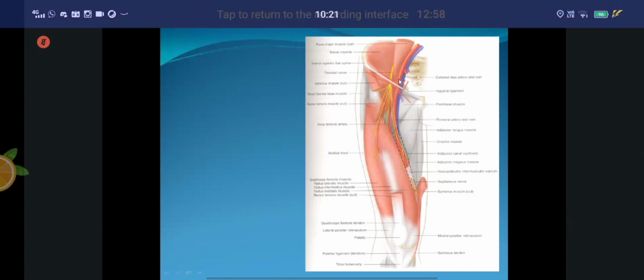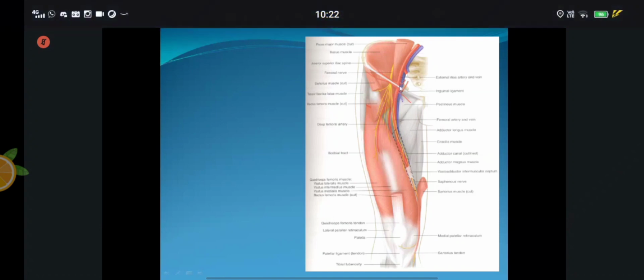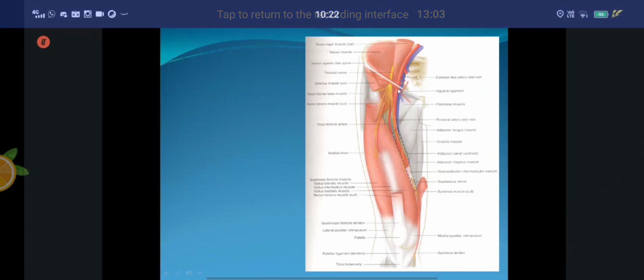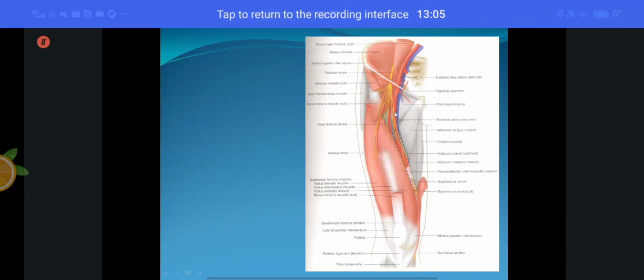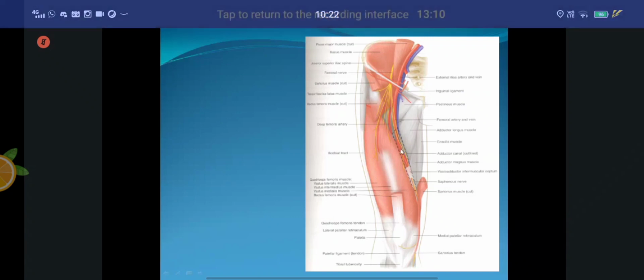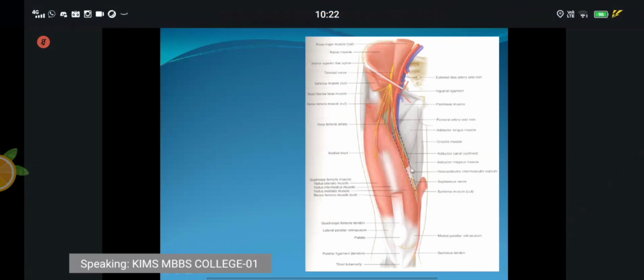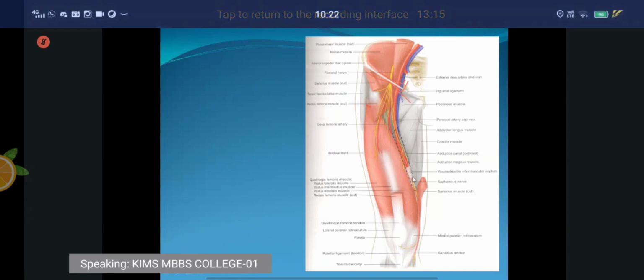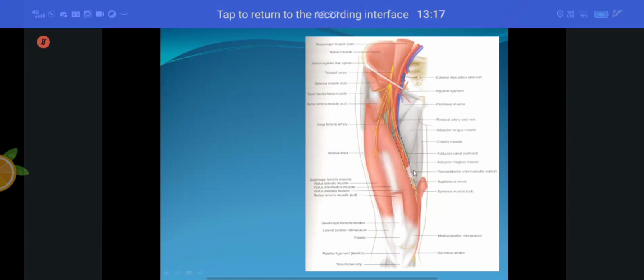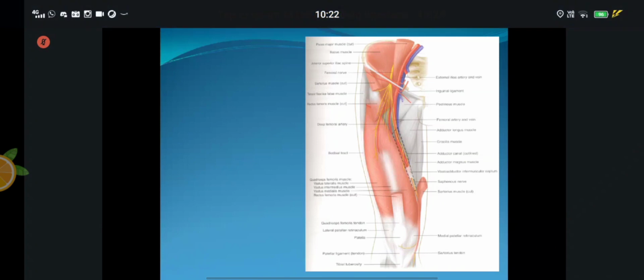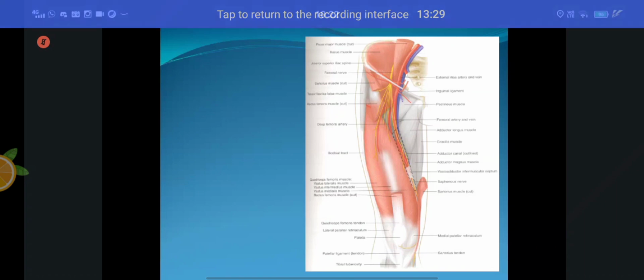The femoral artery is a continuation of the external iliac artery, and it is a part of the femoral triangle, and then it passes into the adductor canal or the Hunter's canal. Then it passes through the 5th osteoaponeurotic opening, which is present in the adductor magnus muscle, and there it enters into the popliteal fossa. Where is this popliteal fossa? The popliteal fossa is behind the knee joint. So it enters into the popliteal fossa and continues as the popliteal artery.